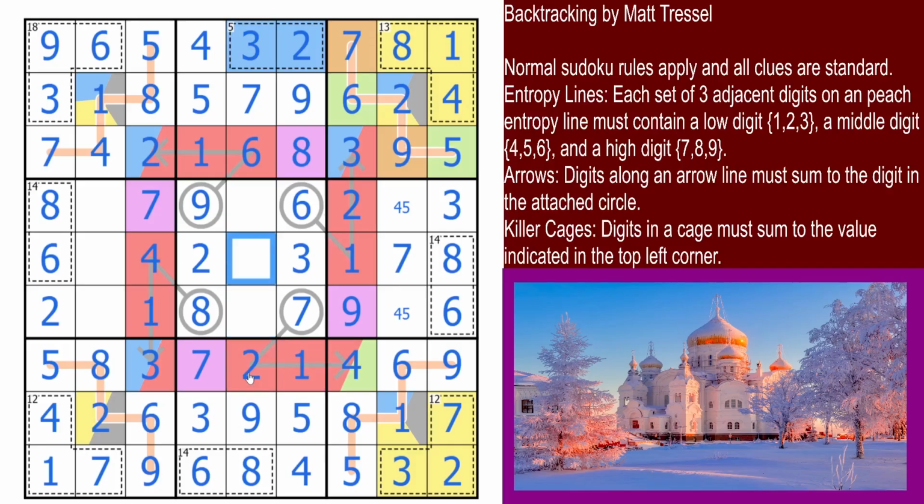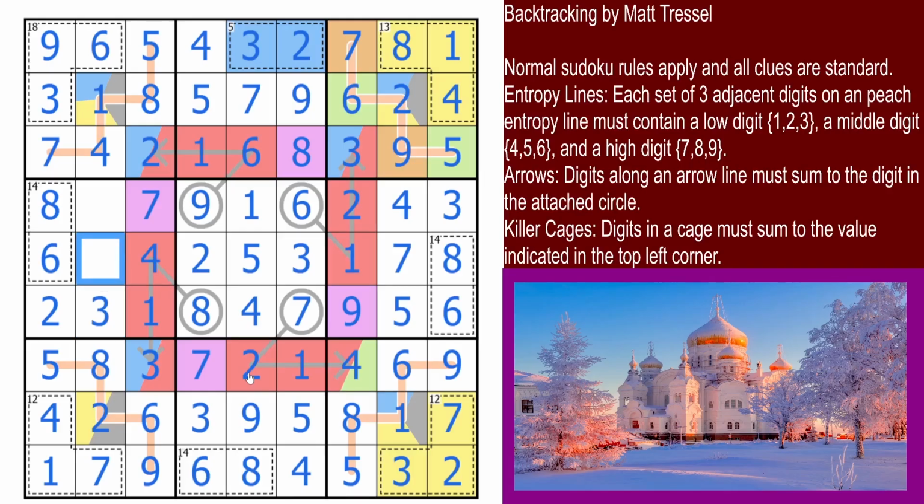4, 5. This 4, 5 is still not resolving. But it should, I think. So the 3 digits here are 1 something. So that's 1. 1, 2, 3, 4. That has to be 4. And the remaining, I think, 5 has to be there. So that 4 will resolve this. That will be 5. That will be 4. And 1, 2, 3. That has to be 3. 1, 2, 3,